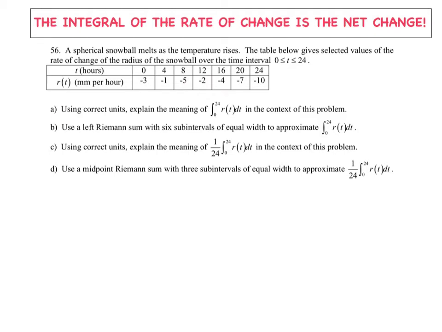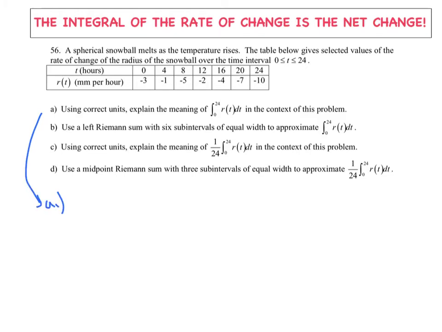So using correct units, we want to explain the meaning of this integral right here. Now remember, R of t is a rate of change, and it's measured in millimeters per hour. So if I integrate that, I'm going to get the total number of millimeters that the radius has changed. So I'm going to write that out the best we can. So for part A,